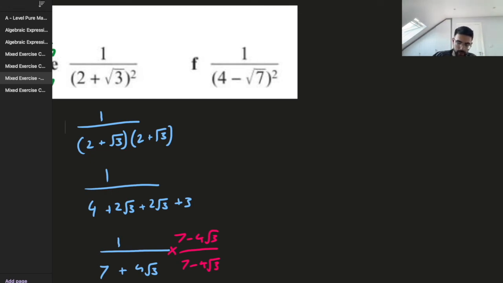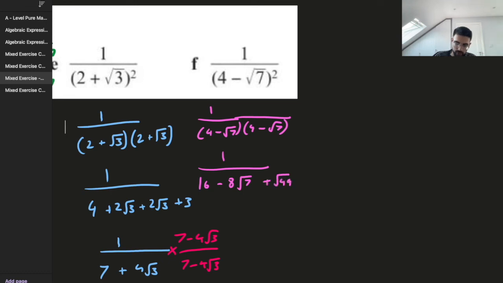Which color should we do? I'm going to go for a pink this time, just to mix it up. So we've got 1 over 4 minus root 7 multiplied by 4 minus root 7. So this is simply going to give me 1 over 16 minus 8 root 7 plus root 49. So I'm going to get 1 over 23